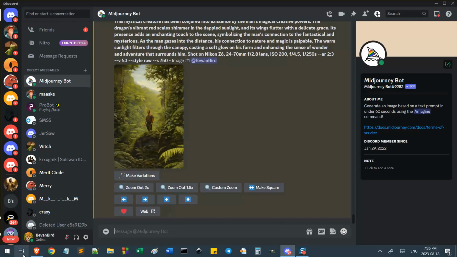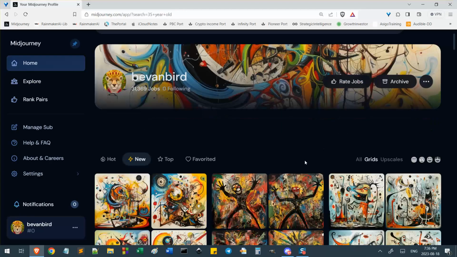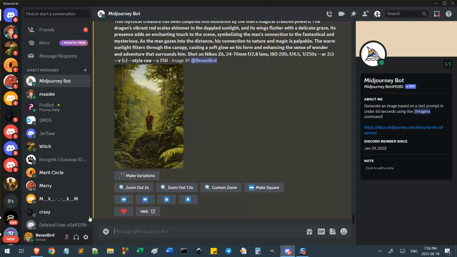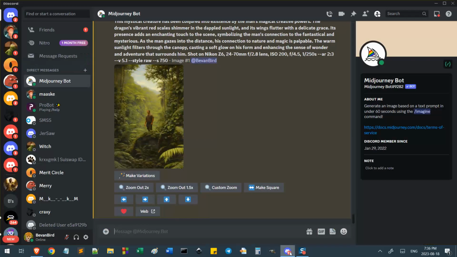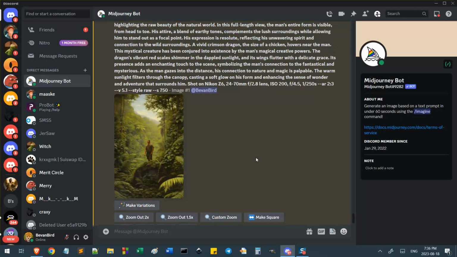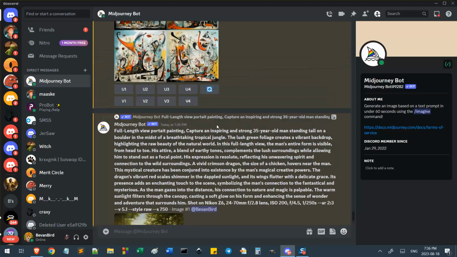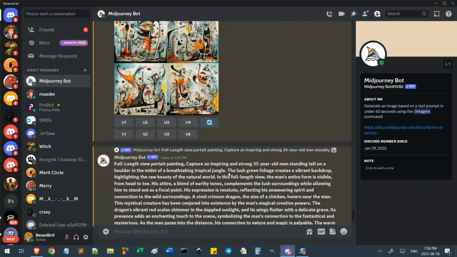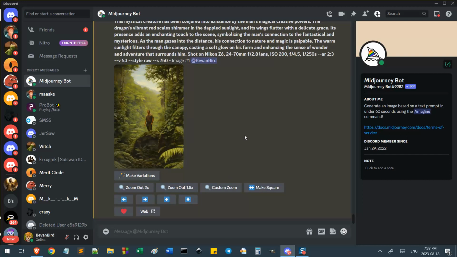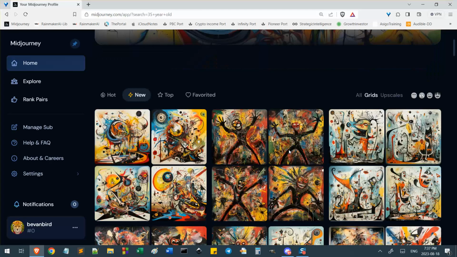I'll also show you that we can look in Discord. It doesn't have to be on this interface on the Midjourney website, because I just upscaled something. And it's just going to do that very quickly because they're already pre-upscaled anyway in the recent versions. Well, in certain versions. But anyway, then we can just click this here, so that's fine, and I'll continue on over here.